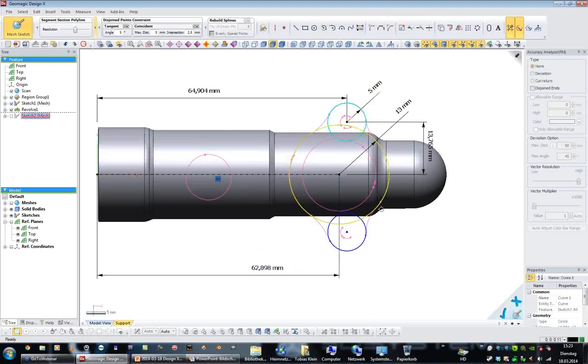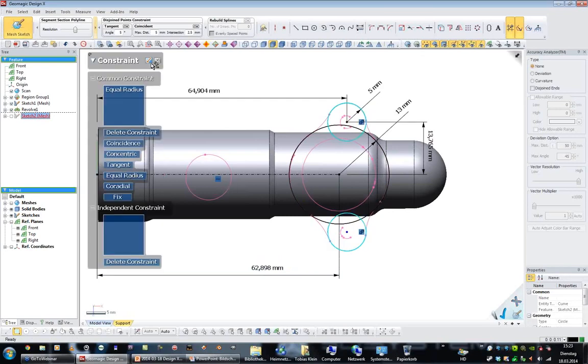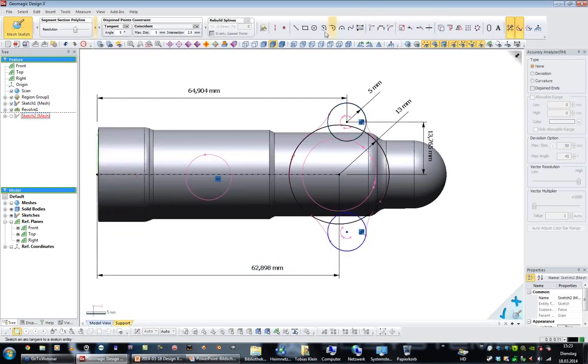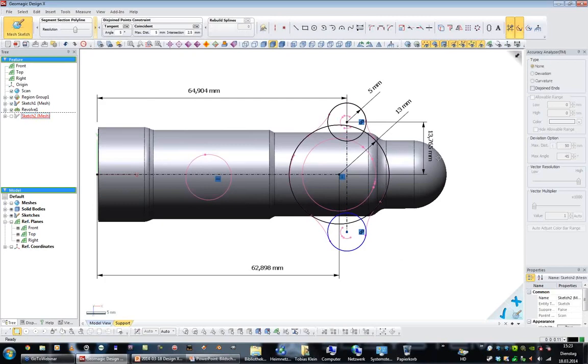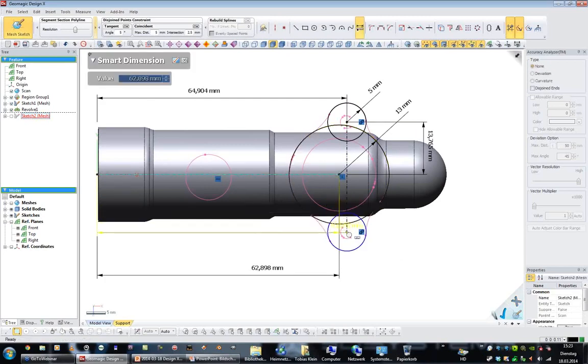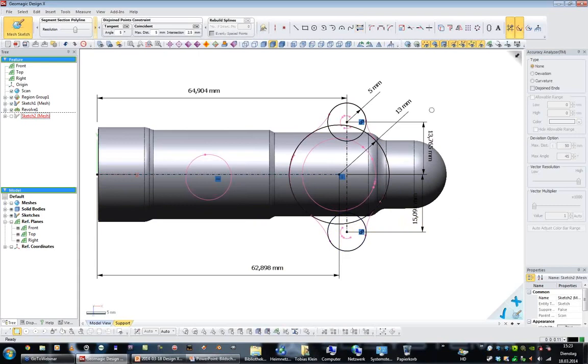And now I can say I want this diameter the same as this, or this radius the same as this, and I want it perhaps perpendicular down from here, vertically down from here, and at another distance. Okay, and now I will trim those pieces away. So we have one contour, and I can use a fillet function. Let's just ignore the value and pick here and drag the fillet to the appropriate